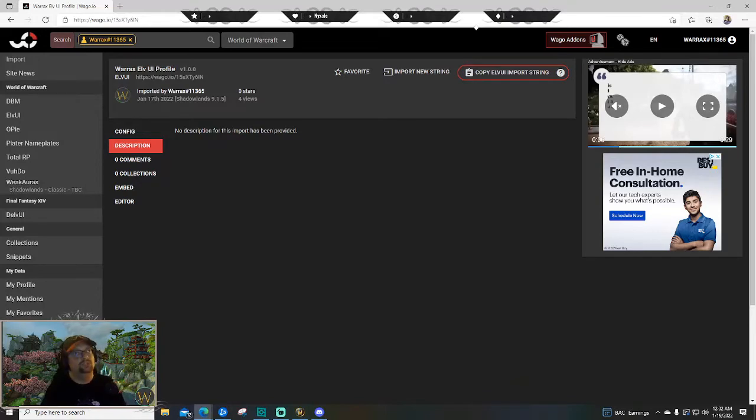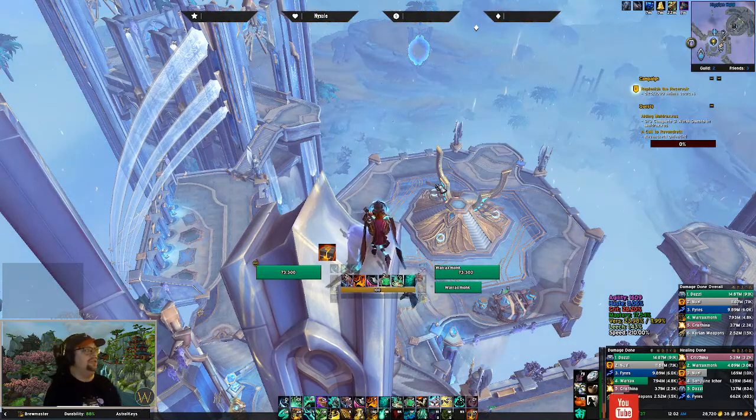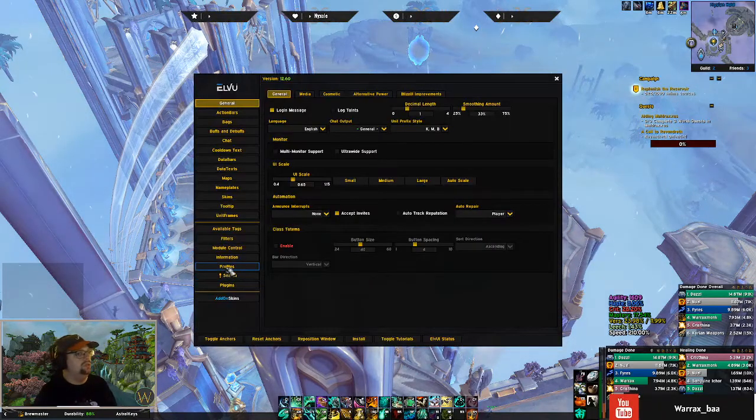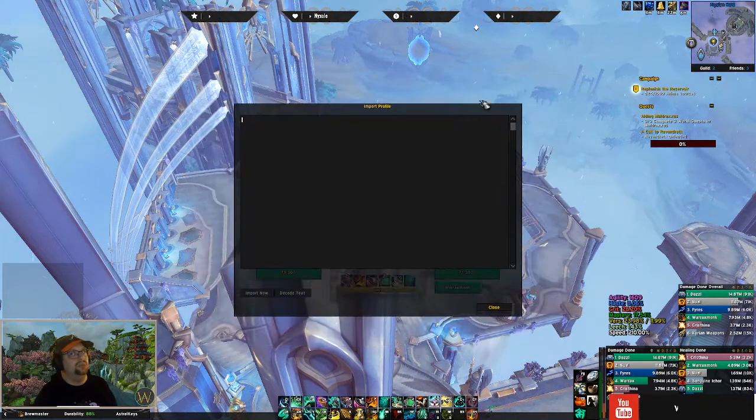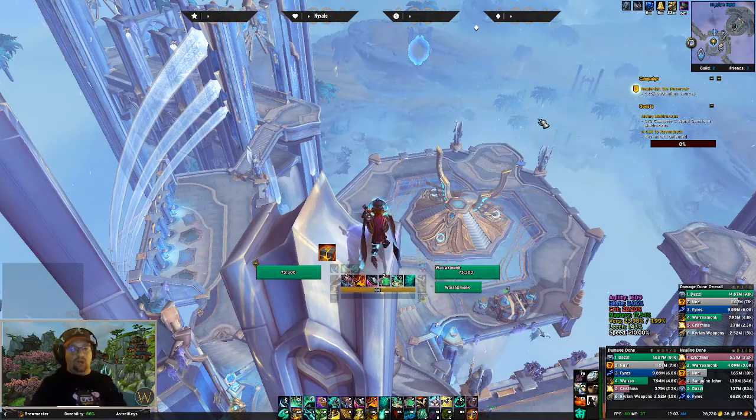You'll hit this copy LVUI import string, and then inside LVUI itself, you'll come into profiles, do import profile, paste the string in and hit import now. It'll get all of the settings that I have, texts, bar colors,